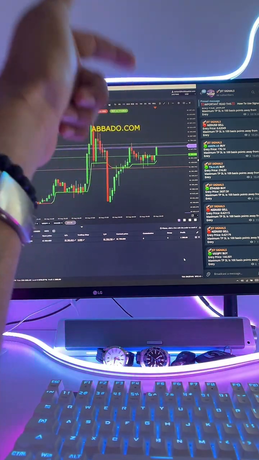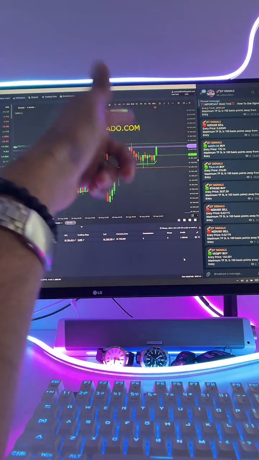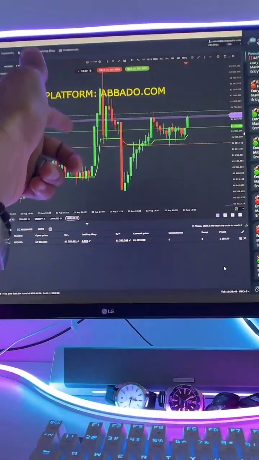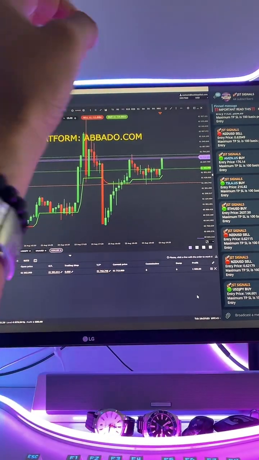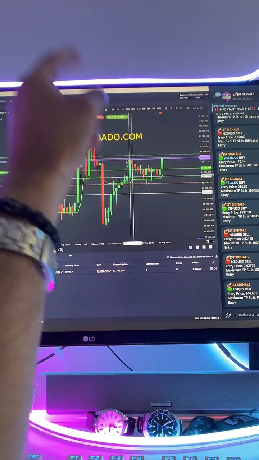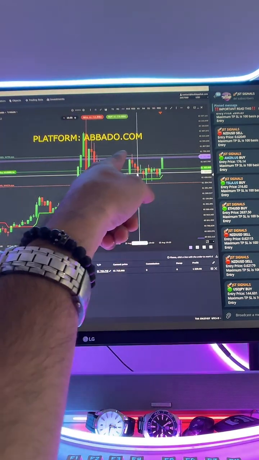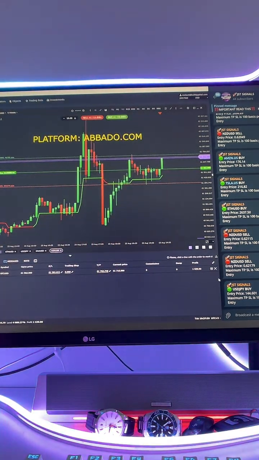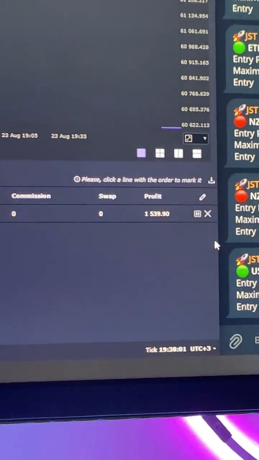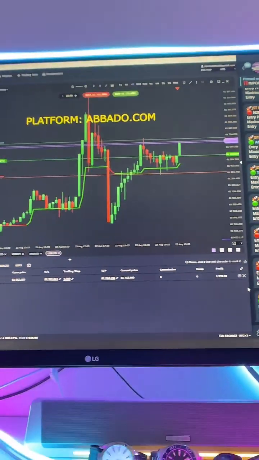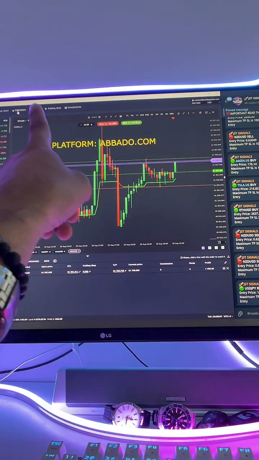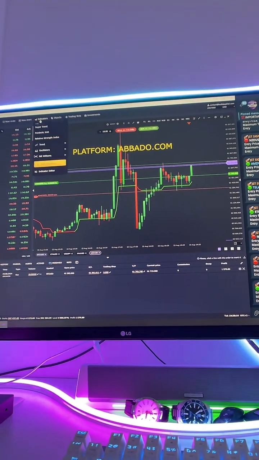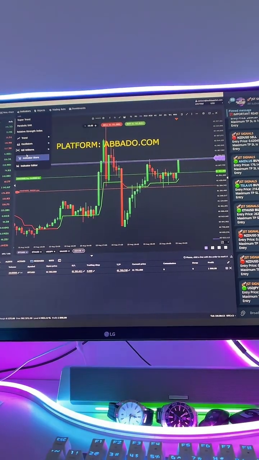Abe's is saying, how do you set up bars and the price line? So Abe, let me walk you through it. So right now I'm on abado.com. That's where I'm trading right now. What I do is I'm on the 5 minute chart, and then I just add the super trend indicator, which I'll walk you through right now. Guys, on the third trade, we're at $1,500 in profit. So close. Now, Abe's, what I would do is go to my indicator section on the top left, and then, guys,